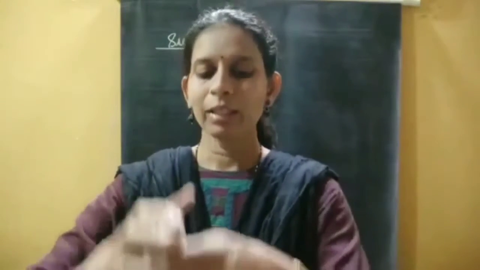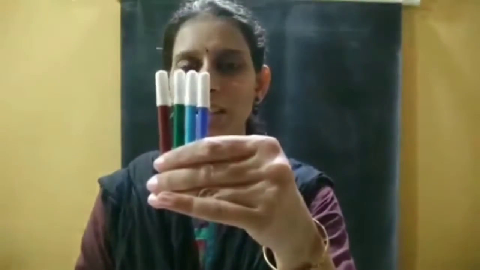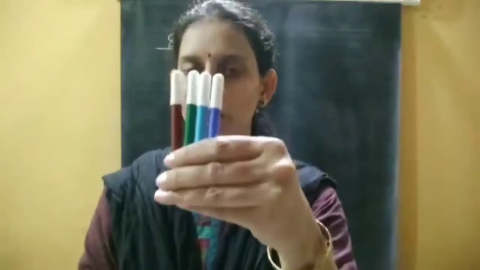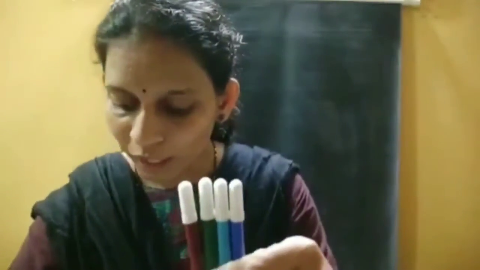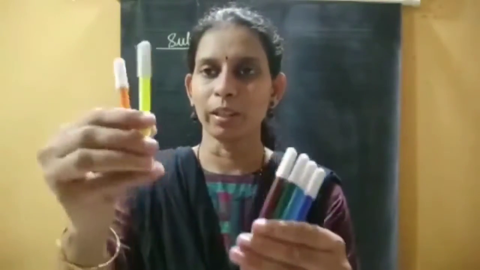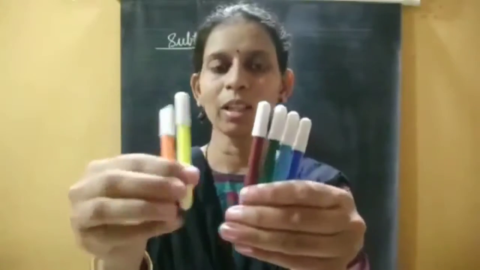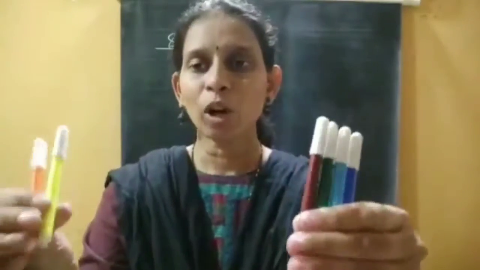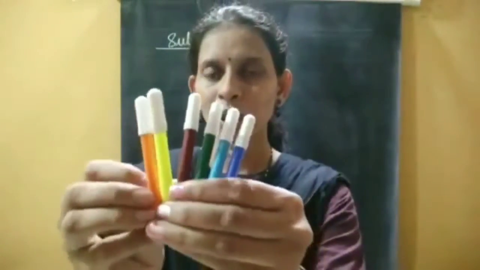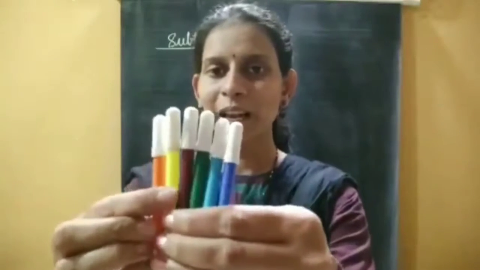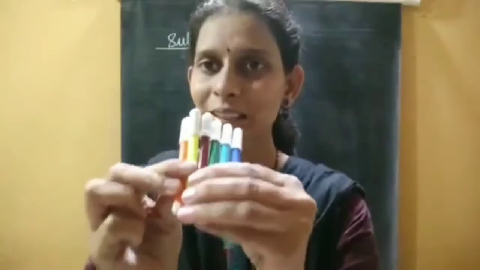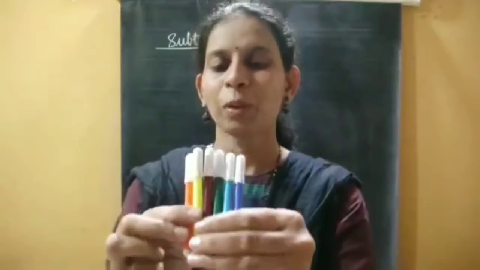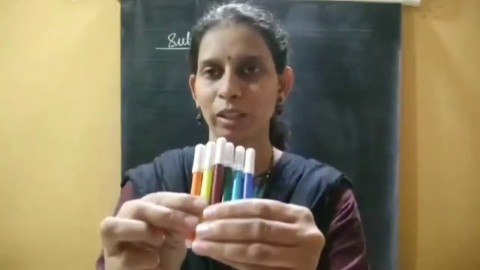For example, see, how many sketch pens are there? Can you count? Correct. There are 4 sketch pens. If we add 2 sketch pens, see, these are 2 sketch pens. If we add, it means what? To bring together. Okay. Now, how many sketch pens do I have? Just count it. 1, 2, 3, 4, 5, 6 sketch pens I have now. Correct? Addition means to bring together.